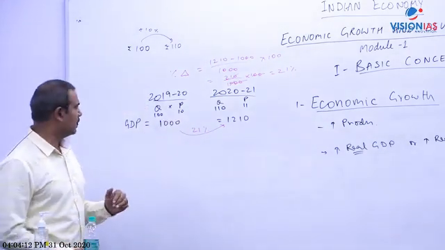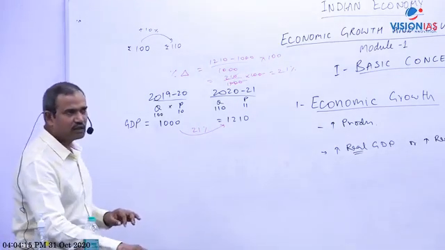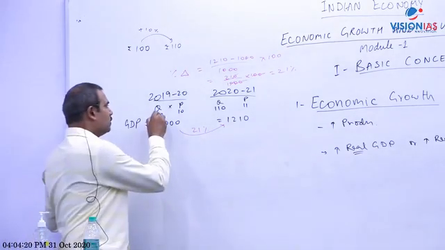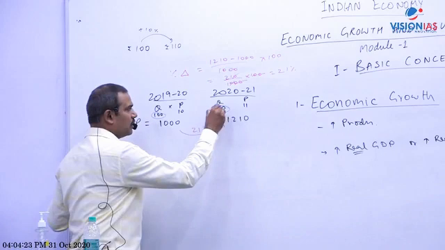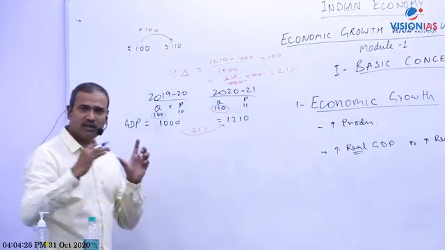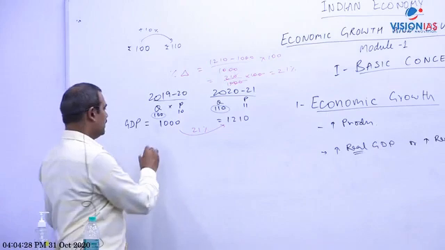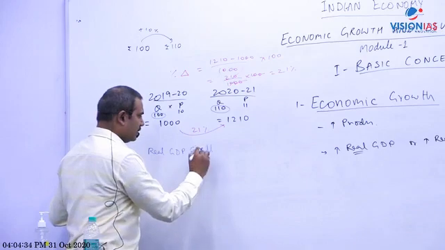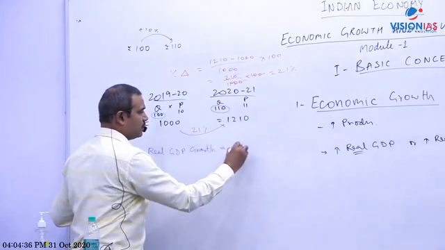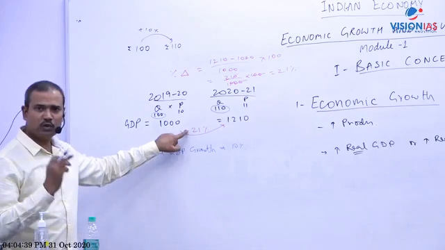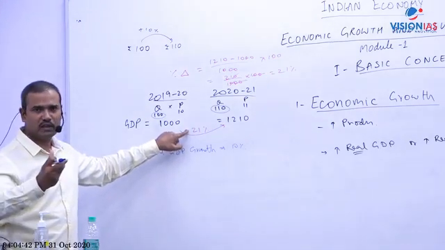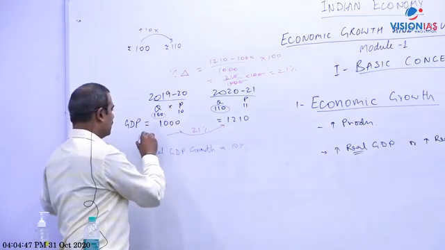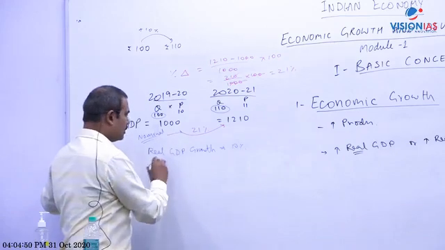So what is actual growth? I think most of you must have given 10%. Why? Because actual growth is based on production. Last year we produced 100 goods, now 110. So real growth must be 10%. So real GDP growth here is 10%. And what is this growth of 21? This is nominal. It is money value only. And real growth is this.